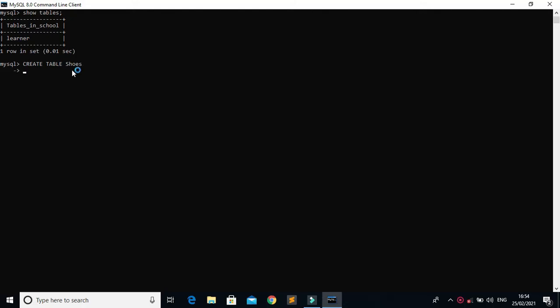Then we have to define the names of the columns. Let's say the first one is code and the data type is char, and the size is 4.